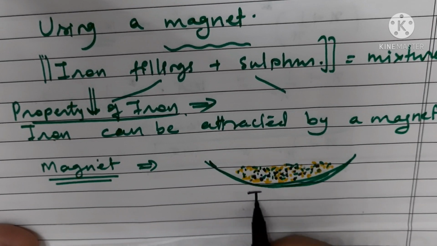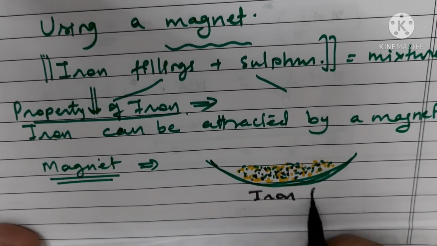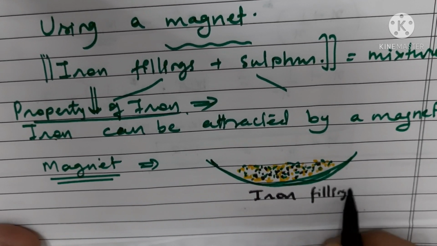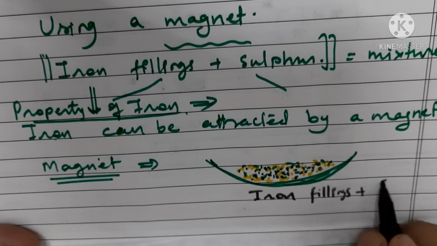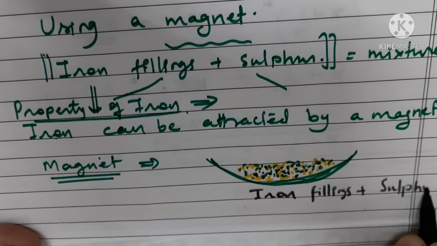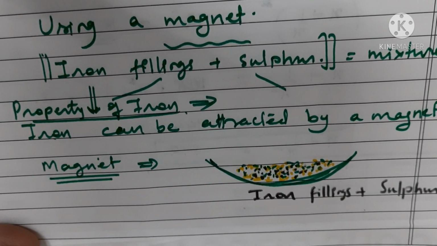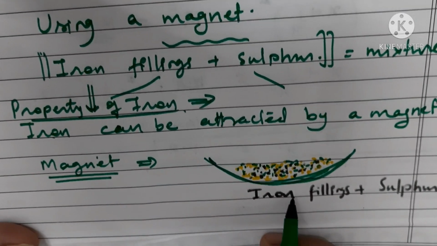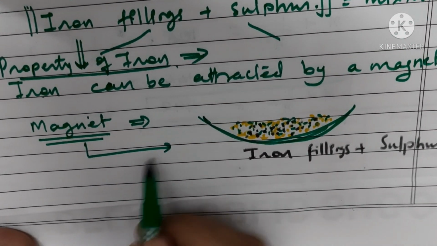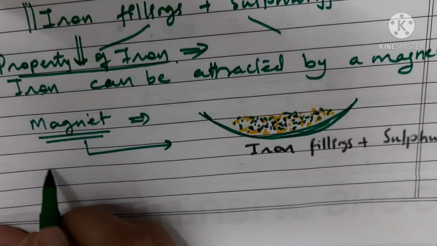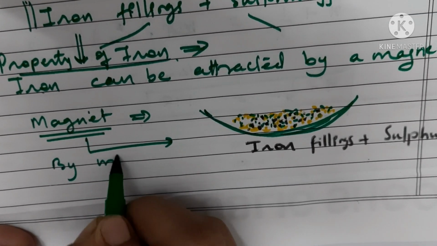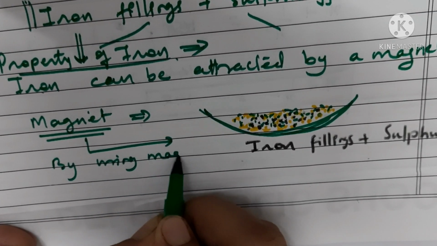This is the mixture of iron filings, meaning small pieces of iron, and sulfur. Okay, so you are having iron filings and sulfur here. You have to separate them out. What you will use? You are going to use a magnet. So by using a magnet,